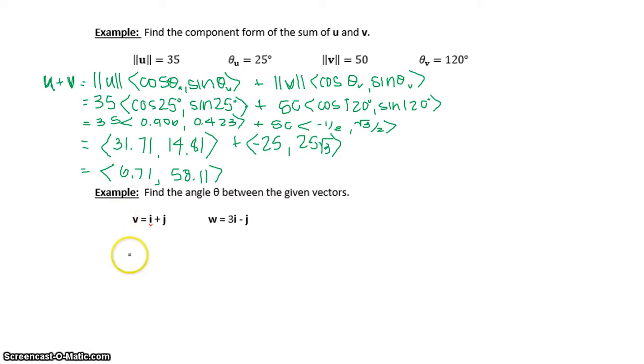Find the angle between the given vectors. So between v and w, I need to actually look at where those are, since I'm not just trying to find my direction angle, I'm actually trying to find the angle that's between the vectors. V is at 1, 1, and then W is at 3 and negative 1. So that was V, this is W. To find the angle between them, this theta,